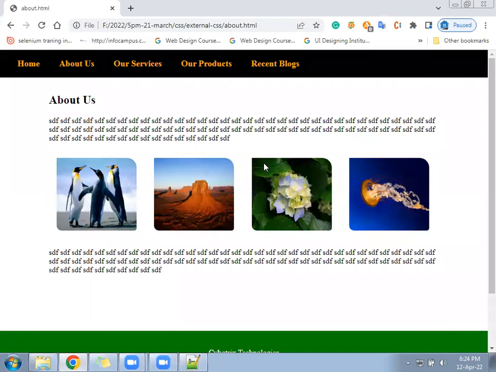See now, reload your page. The font became bold and the color got changed from yellow to orange.